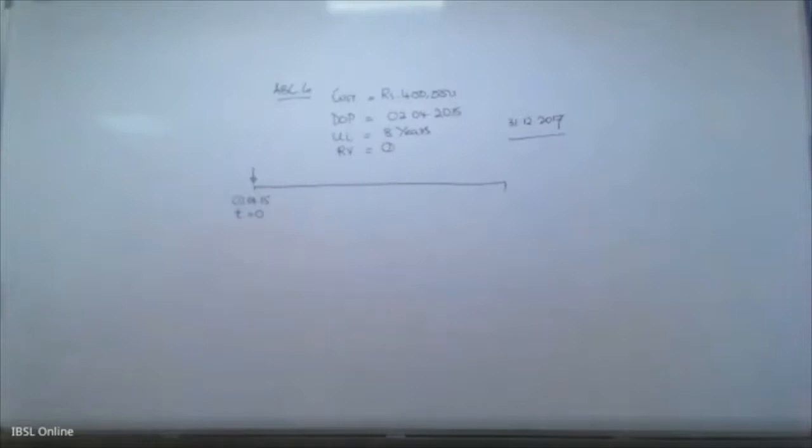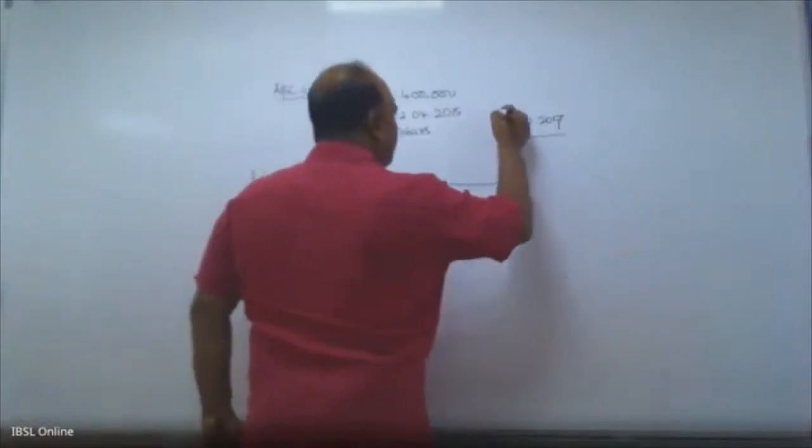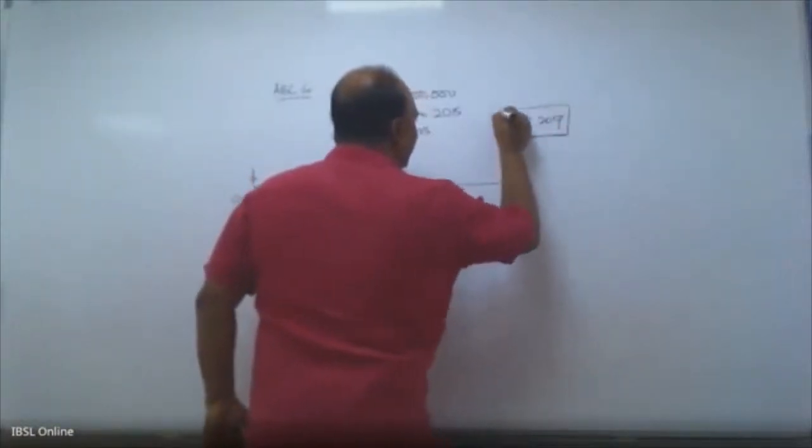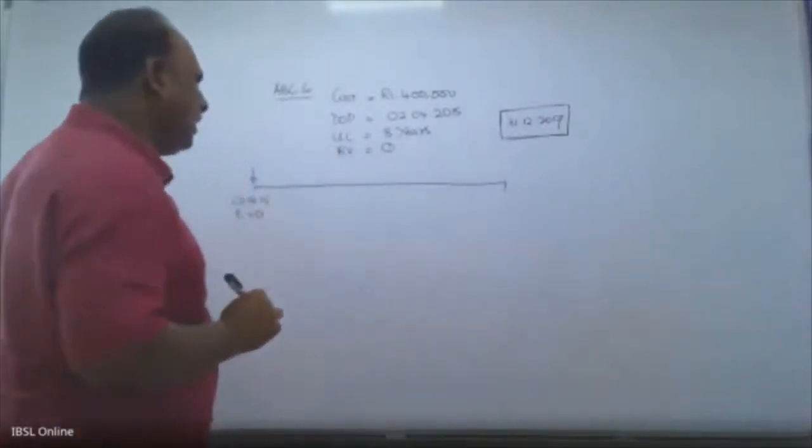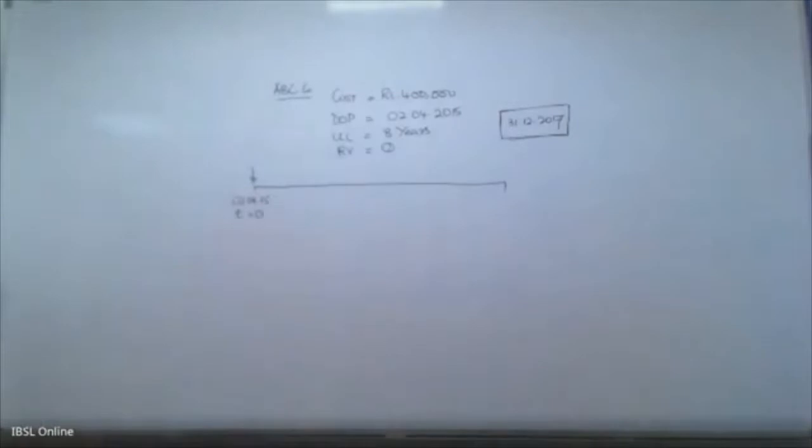You need to have the reason, or you need to know the reason. You can't just give an answer. Why is it 31st December? How did you determine that? Because they asked to calculate depreciation as at 31st of December. Very good. Now that is why this information is very important. This 31st December 2017 is very important because of that. Otherwise, we will be confused about when this financial year is ending. Whether it is 31st March or 30th June or 30th September, we have a problem here.